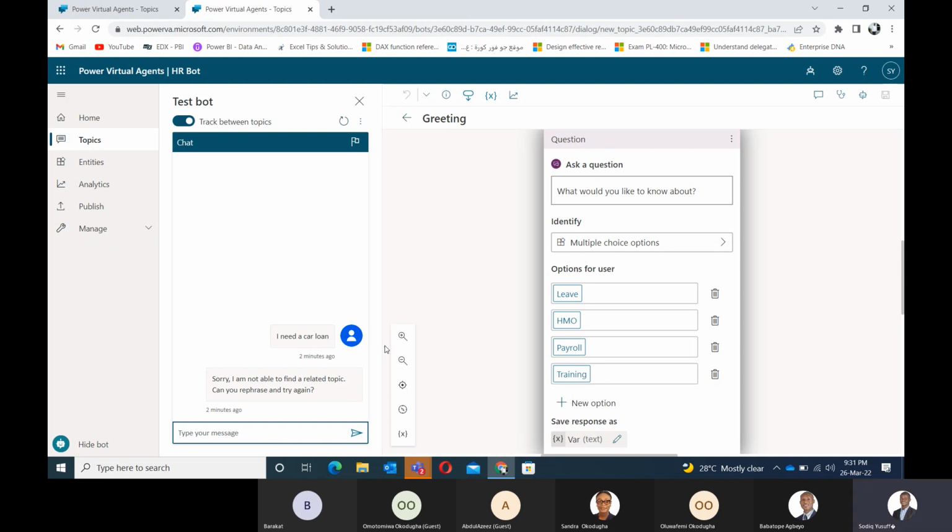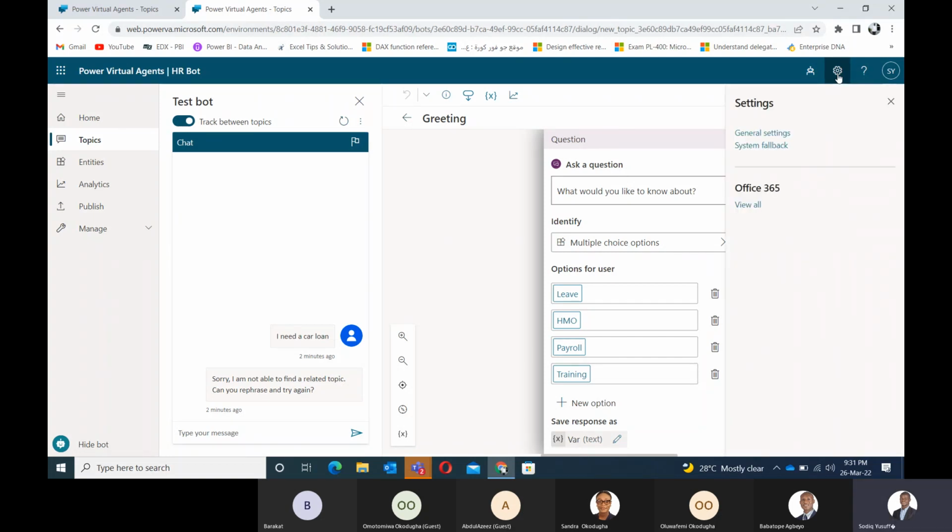Now, to get your system fallback, you go to your settings icon or the gear icon at the top right hand corner of your screen. You see the settings icon there. Now click on it. When you click on it, you see what we call the system fallback. Now when you click on the system fallback,